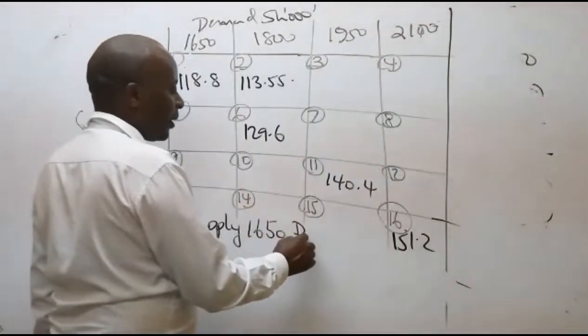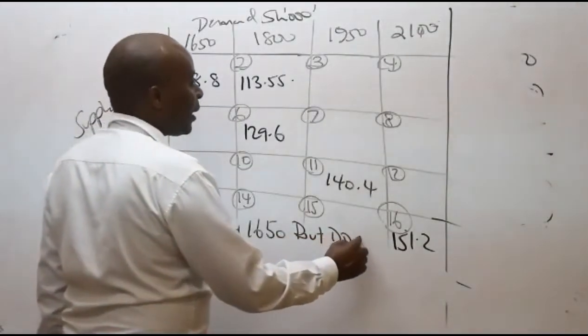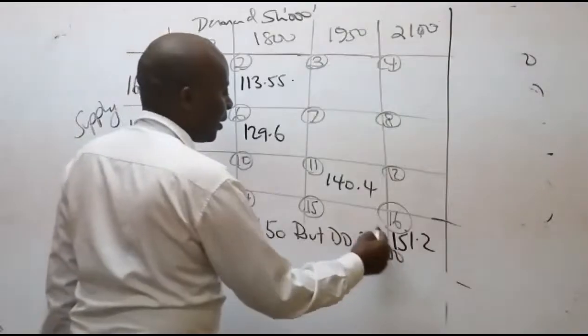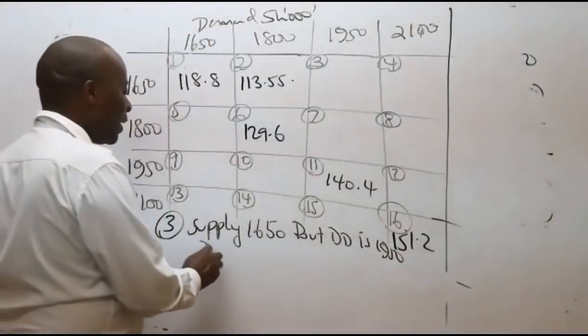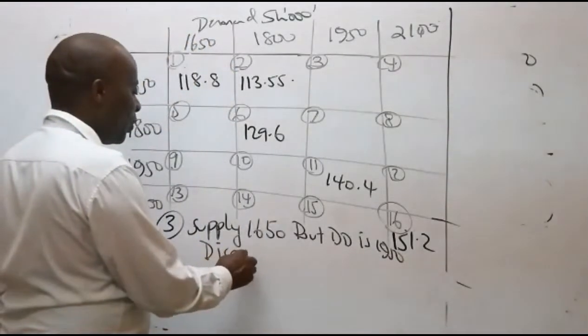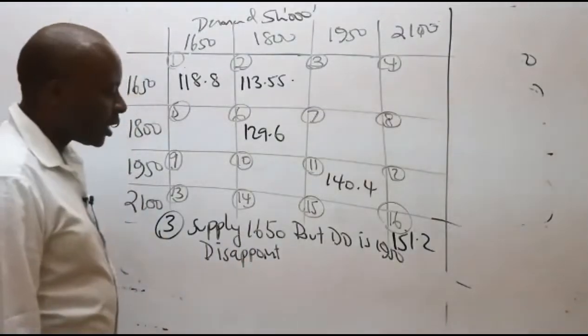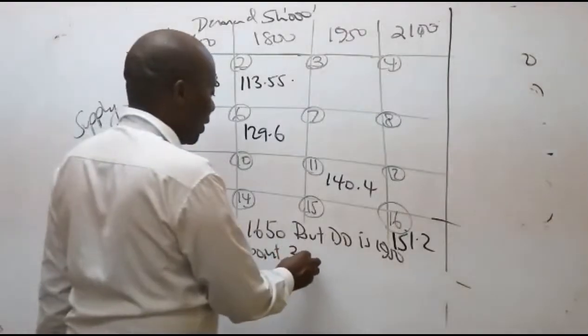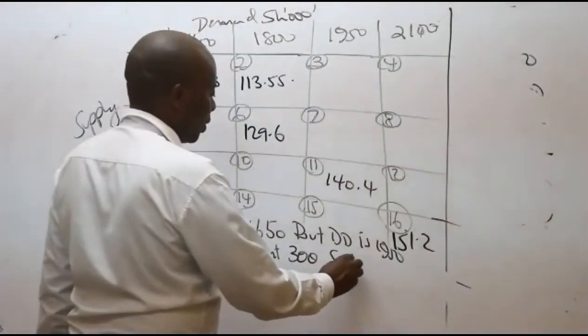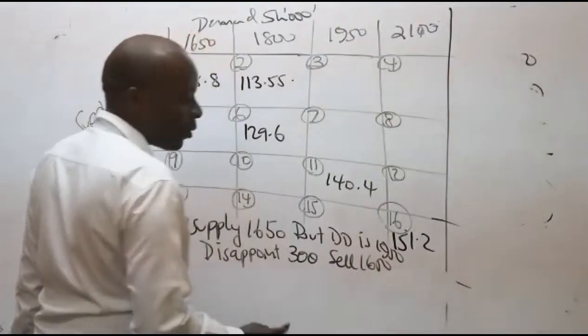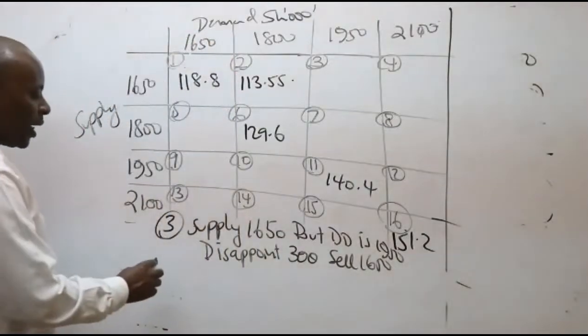But demand is 1950. Meaning that we shall disappoint how many? How many shall we disappoint? Customers we shall disappoint. I'm being told it's 300. And then of course we shall sell 1650. So then the profit here will be